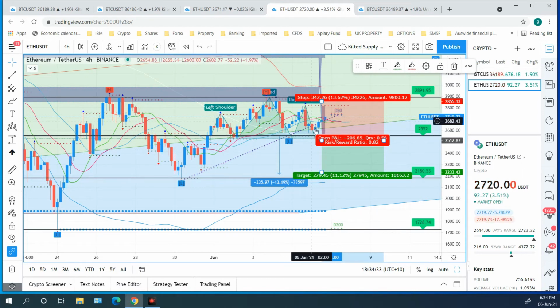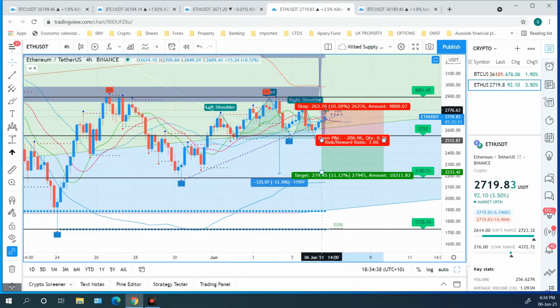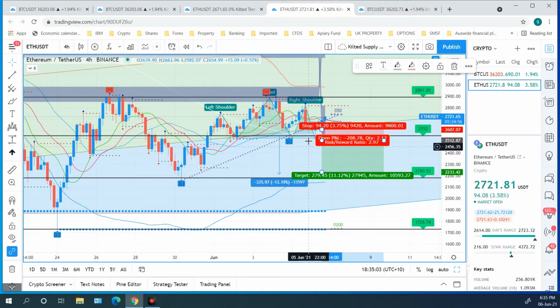We're not looking to be too greedy in this case. Now, the fact that we've had this pullback here, we can be a little bit more aggressive, which I will probably do. Once I see something reversing here and a candle closing down below here and heading south, depending on how this plays out, I might take my stop loss either here or just above the actual point of breakthrough,